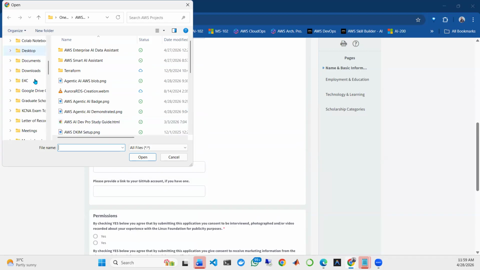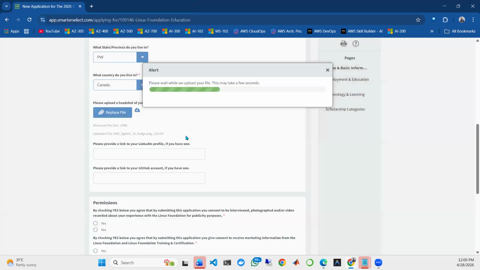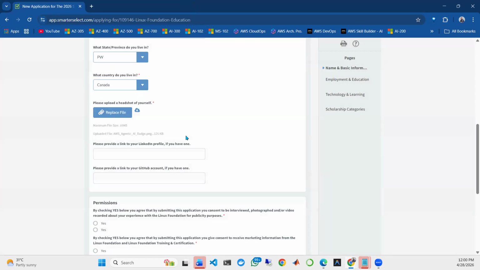Now I'm just doing a demo, right? So because I'm not applying yet, I'm not applying for this year. I already have applied last year and I don't think I want to apply this year because I have a lot on my table. I really have a whole lot of things that I'm working on, so I may not be able to really